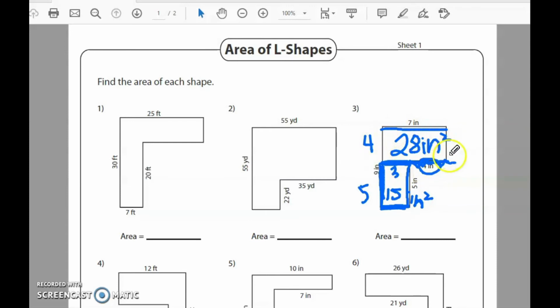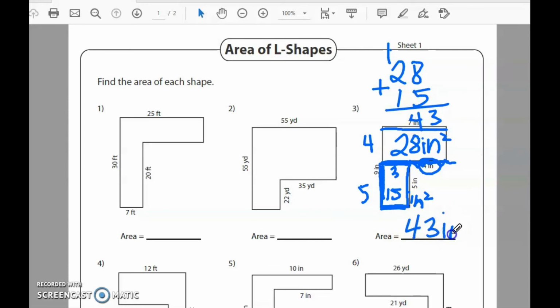If this rectangle is 28 inches and this is 15 inches squared, I can now add them together. Of course, we could do this in our head, but it's nice to show the work, right? So now we get 43